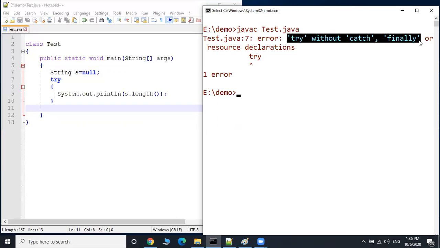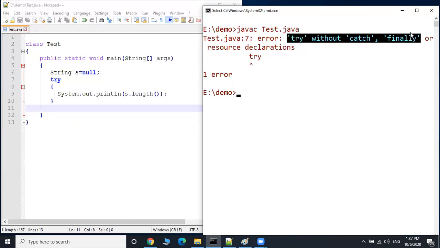Sometimes in interviews you may get the question: can you write the try block without catch? Is it right or wrong? In general, you cannot write the try block without catch. The purpose of the try block is throwing an exception. The purpose of the catch block is receiving an exception. If an exception is thrown, there must be a block to catch it. Who is catching the exception? The catch block, in general.